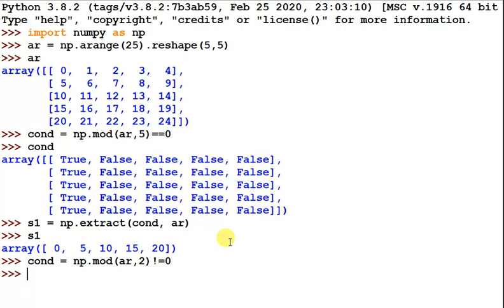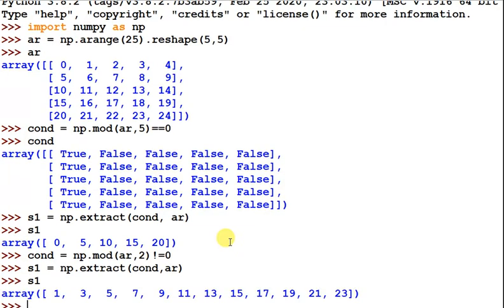Okay, and then in this variable I want to store extract, with condition cond and the array. Then you can check S1. So look here, all the odd values are extracted from this two-dimension array. In this way we can use the extract function.